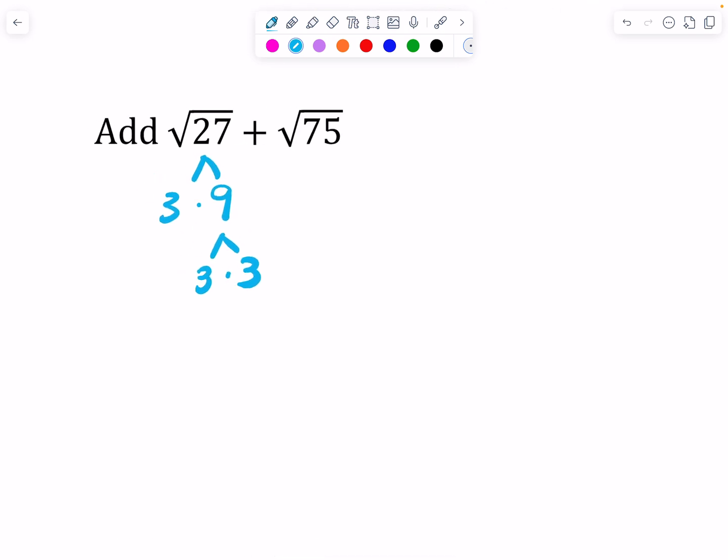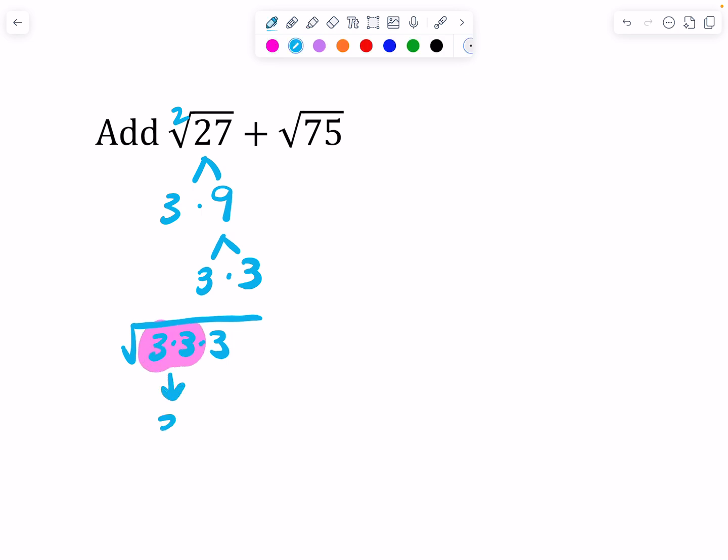Notice this has an index of 2, it's square root. So we are looking for a group of 2, and we have 2 3s. So a 3 can come out, and then we have 1 3 by itself,